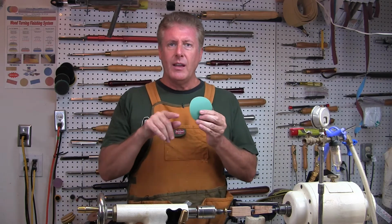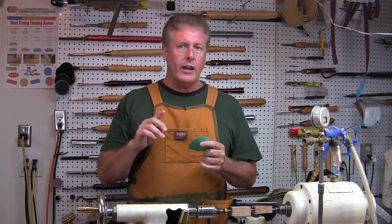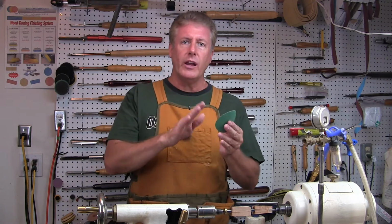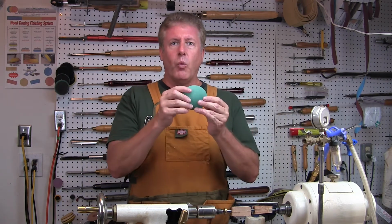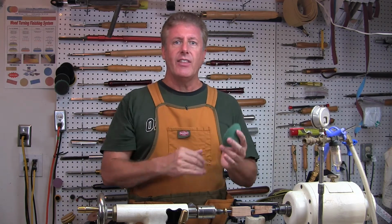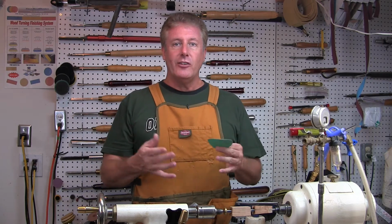Sometimes I get questions about maybe that other disc that has the flaps on it. I don't care for that disc, and the reason why is because when you have those flaps, you have an inconsistent edge, and when that disc rotates around, you have slapping that's taking place on the outer edge. Why do that? Why not just have a consistent edge that's going to roll up over and eliminate any of that slapping? So again, 2 3/8 and 3 3/8, plus in the Greenflex we have these in both 2-inch, straight up 2-inch, and straight up 3-inch. So 4 different sizes, 10 different grits, 80 to 800,